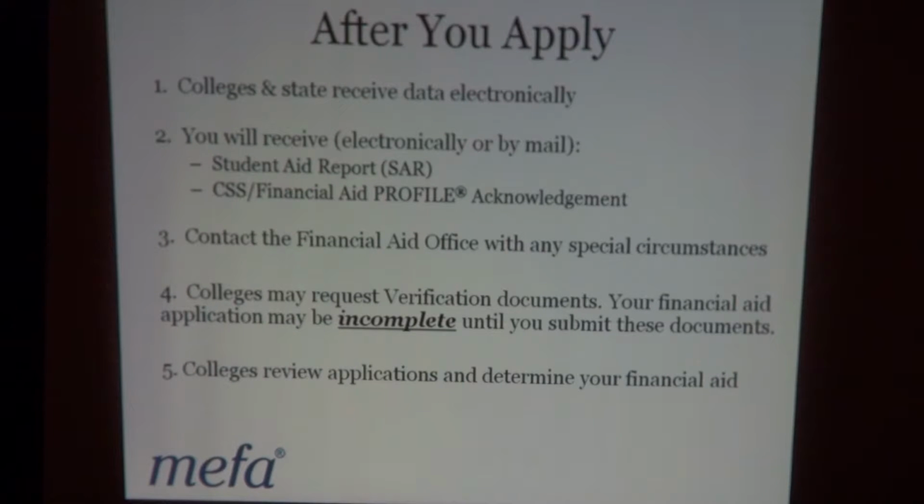I talked about verification. It varies at schools. I know some schools will not award aid until verification is complete. And at our school, we actually do that later on in the year as the fall happens. Then we request documents for verification and just verify data. So each school may be different in that. But whenever they send you information and contact you about that, make sure you get that data into them as soon as you can. And then colleges are going to review applications, and they'll determine your financial aid